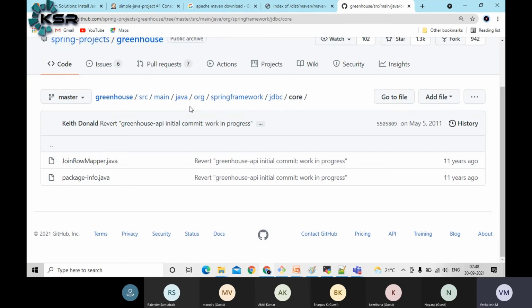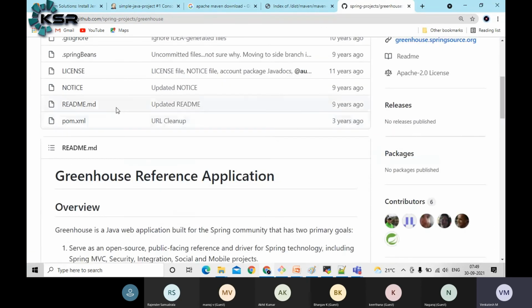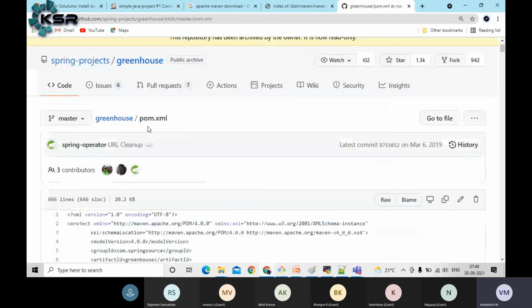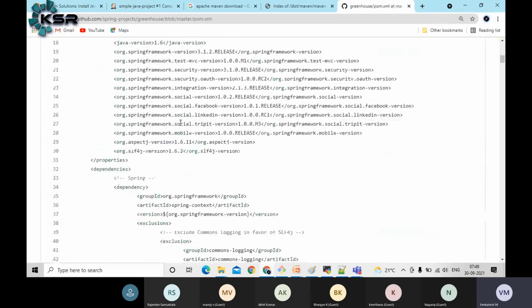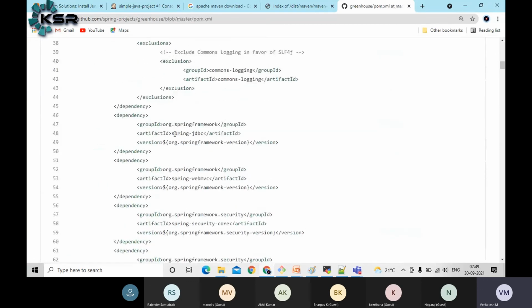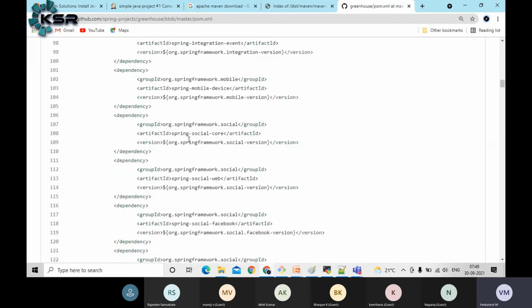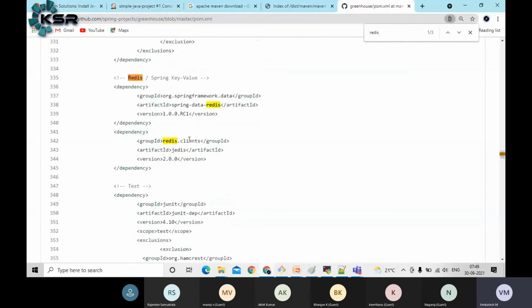you need to add some dependency jars also. That means if you want to integrate MySQL, you need to add the MySQL JDBC driver to your application, or the Postgres driver. All these things I told you come under the pom.xml. To build and compile this application, I should have a set of dependencies. If you see here, Spring JDBC means there should be some database backend. If you see more options, I have a cache server. This is also one of the options.